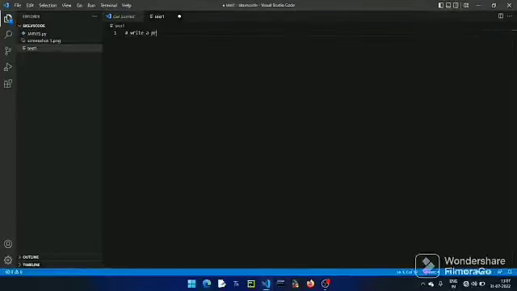Write a program to find the sum of numbers, and here we have to write a line of code, that is num1 is equals to